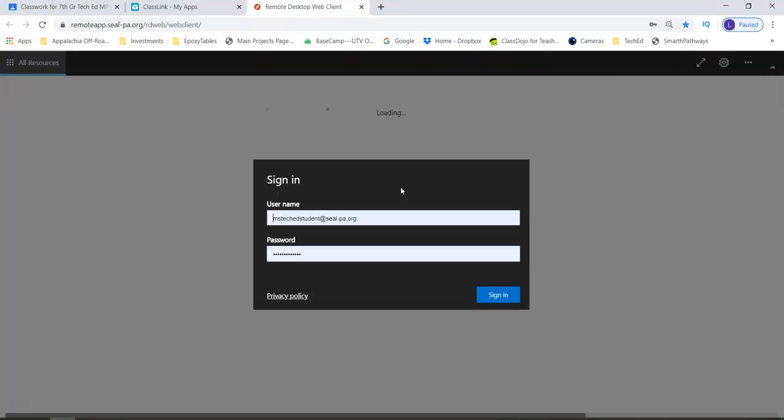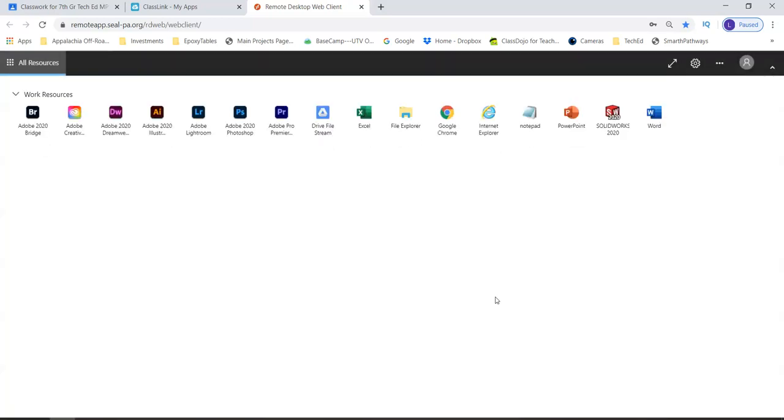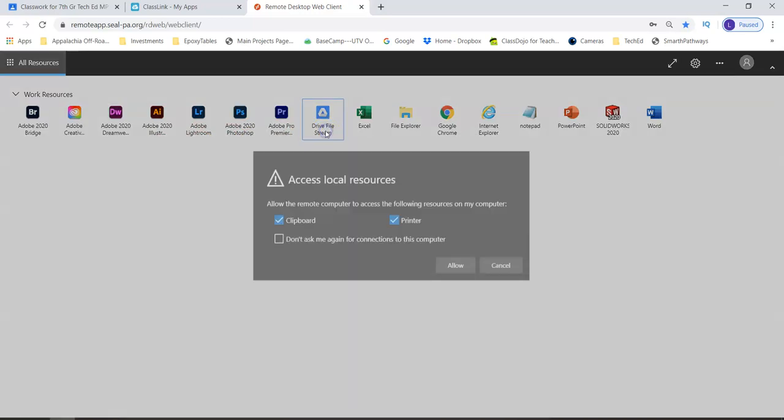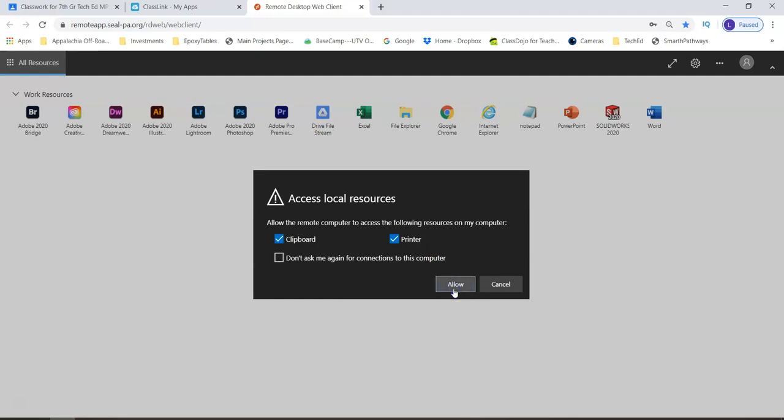And this will bring us up a sign-in window. So it's your username at seal-pa.org and your password. And so here we are. So obviously we want to work in Photoshop, but remember, before we open any of these applications here, we always have to turn the drive file stream on. So this is kind of like a switch. So if we go ahead and click this and say allow,